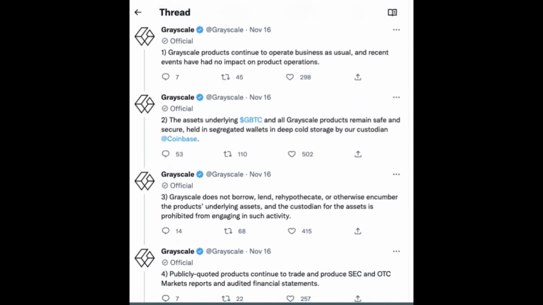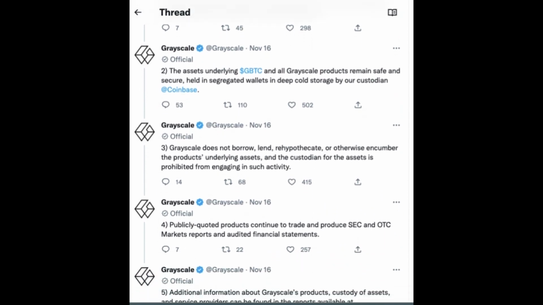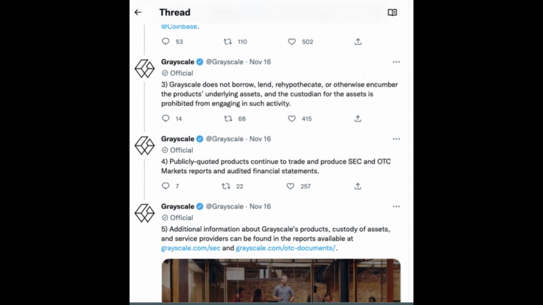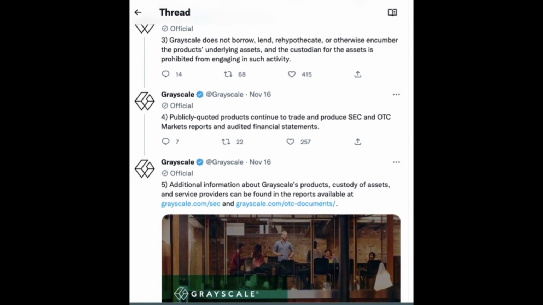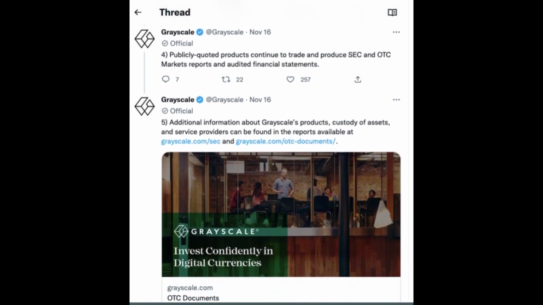Grayscale does not borrow, lend, rehypothecate, or otherwise encumber the product's underlying assets, and the custodian for the assets is prohibited from engaging in such activity. 4. Publicly quoted products continue to trade and produce SEC and OTC markets reports and audited financial statements. 5. Additional information about Grayscale's products, custody of assets, and service providers can be found in the reports available at